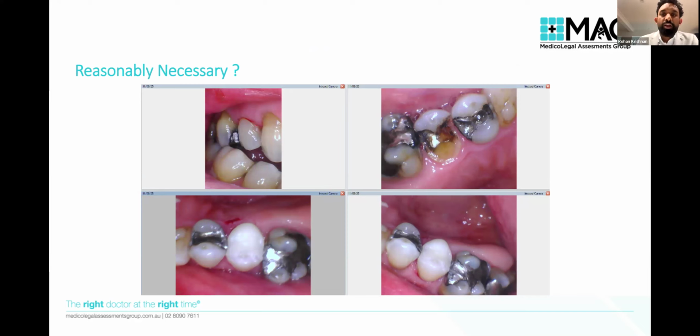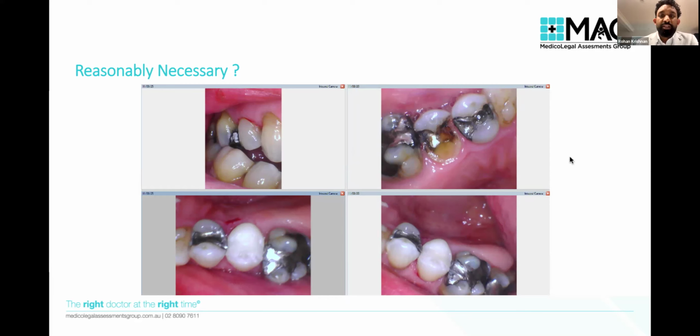So this is another patient of mine who came in with a fractured tooth and cusps. And that tooth that you can see right there in the middle on the top right quadrant is the fractured tooth. Now, that's the same tooth that you see on the top left from a side view angle. And you can see from the side view angle that the person is not actually even biting on that tooth when they're in full bite. So it's a non-functional tooth that's broken down.